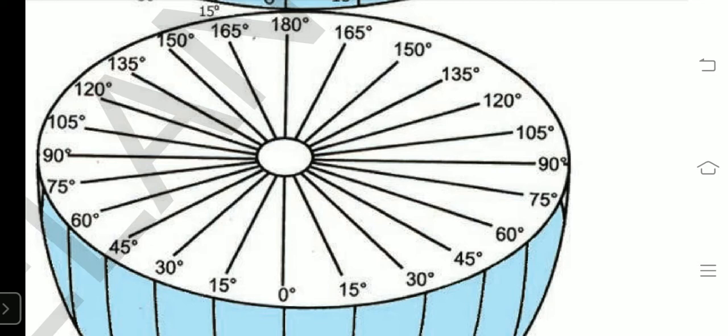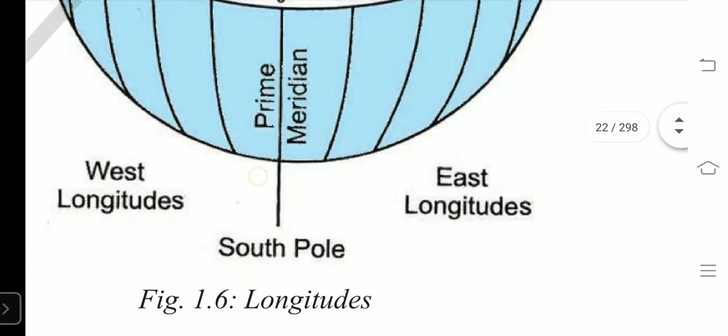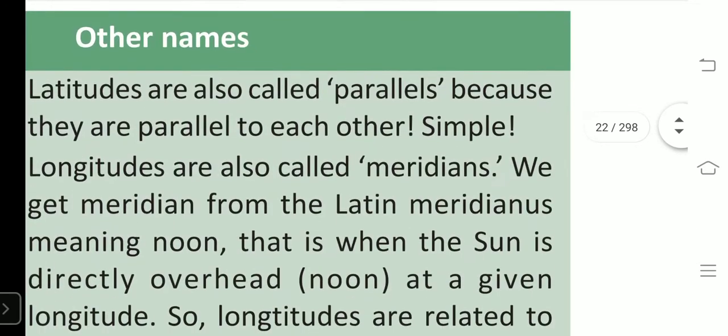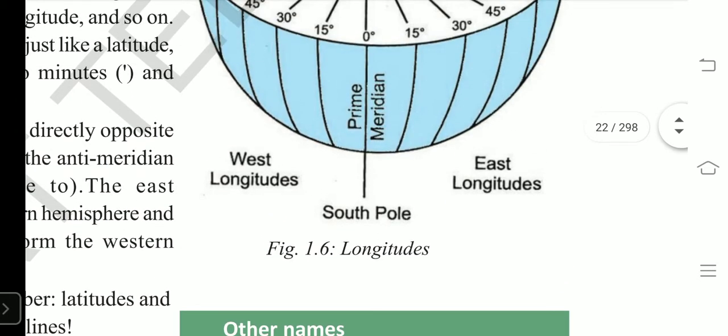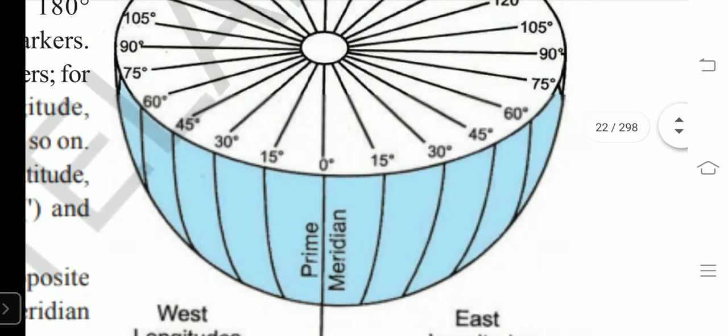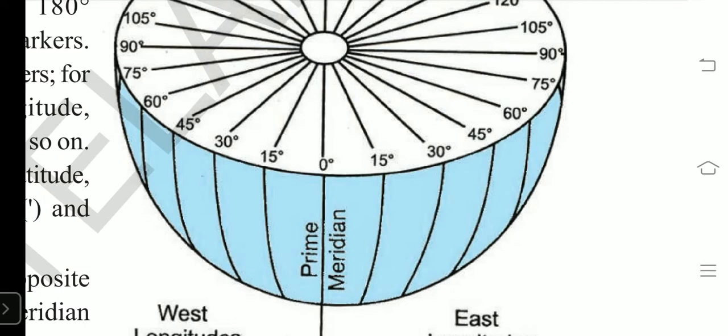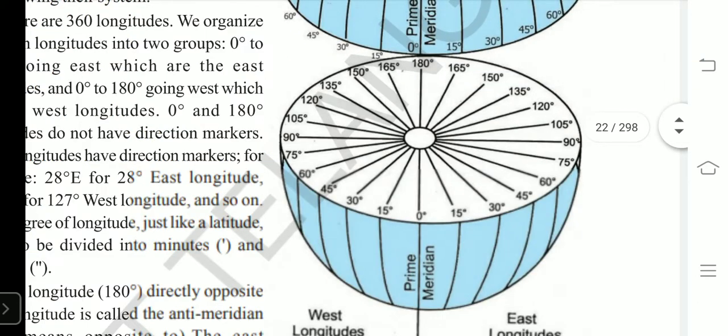On each longitude, we see that the time is different, right? So when time is different on each longitude, do you know how many longitudes are passing through India? It is 30 longitudes from Gujarat to Arunachal Pradesh. Through India, 30 longitudes are passing. So 30 longitudes means 2 hours, right?